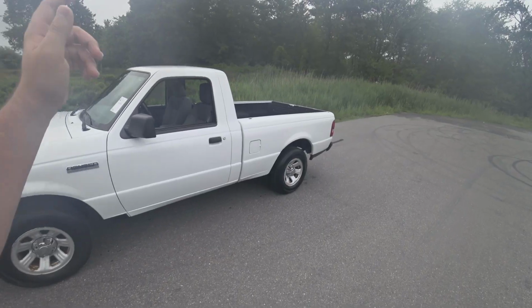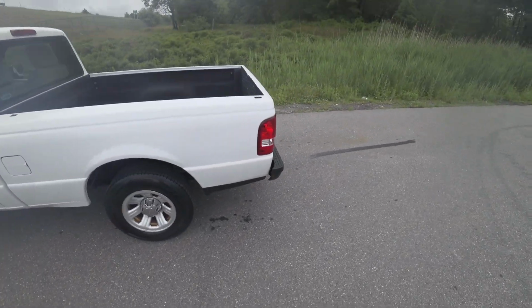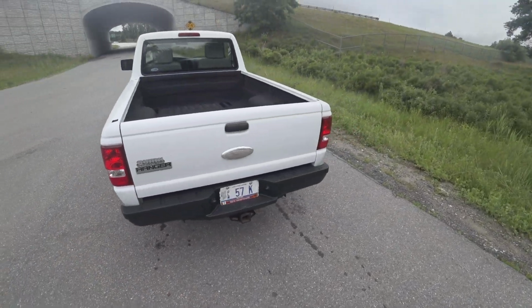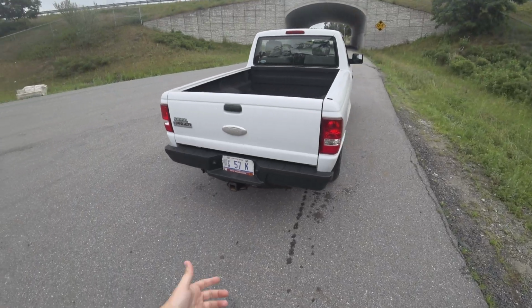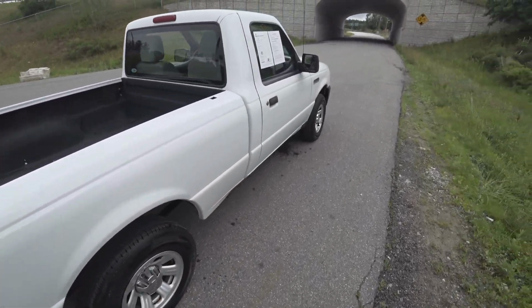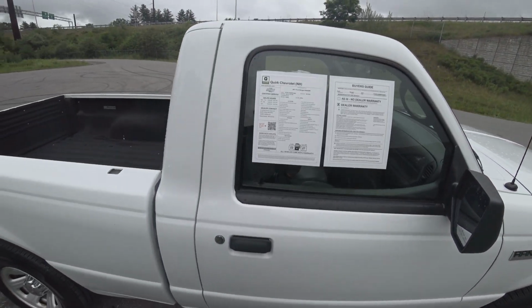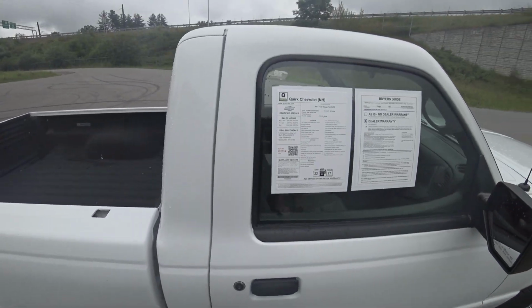Today we have the 2011 Ford Ranger. This one is a little bit of a blast from the past. It shows what pickup trucks used to be about. Utility, fun to drive. I'm not saying the new ones aren't fun to drive, but this is really kind of cool. 2.3 liter inline 4-cylinder,